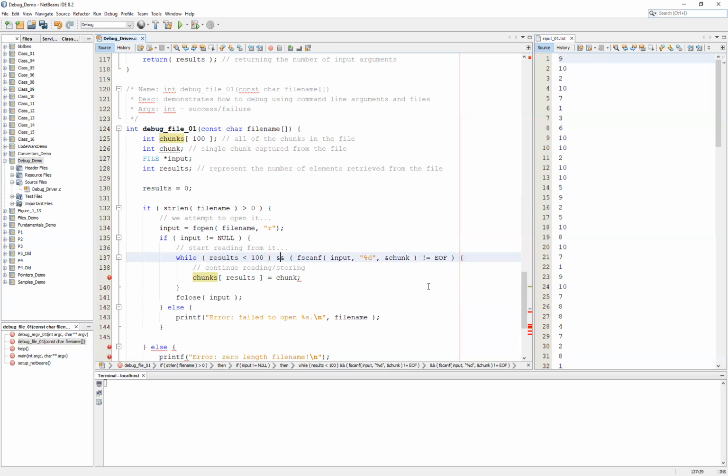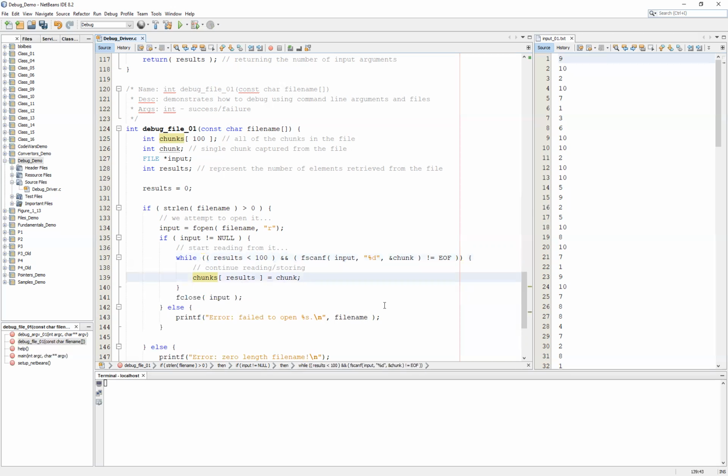So we have a compound condition here, meaning that while our results are less than 100 and fscanf returns not equal to end of file. And so at this point, what we can do then is we can simply stop reading once we have hit